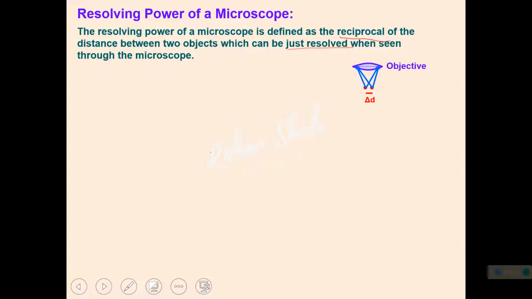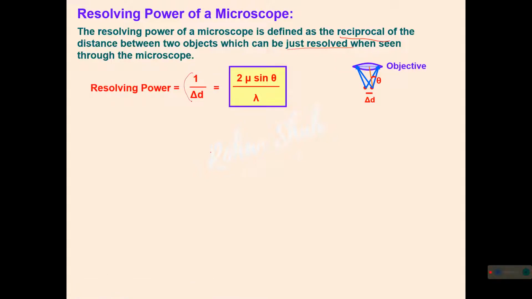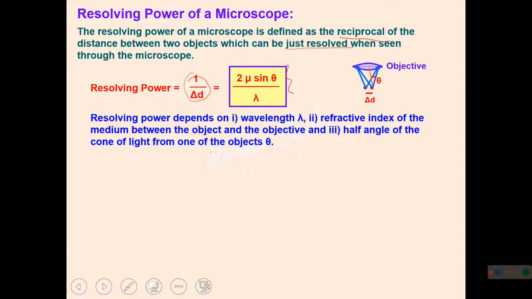उसकी इमेज बनी है, उसको हम just resolve कर पाएंगे, ये है एंगल थीटा. So resolving power is defined as reciprocal of this distance. It is also equal to 2 mu sin theta upon lambda. 2 is number, mu is refractive index, sin theta is this angle, and lambda is the wavelength we are using. So it is resolving power, reciprocal of d or 2 mu sin theta upon lambda. Right? Now next. इसका डेरिवेशन नहीं है, सो फ्रॉम दिस इक्वेशन वो लैम्बडा के ऊपर डिपेंड करता है, वो रिफ्रैक्टिव इंडेक्स के ऊपर डिपेंड करता है, वो एंगल के ऊपर भी डिपेंड करेगा. एंड नाउ द नेक्स्ट वन, लास्ट वन,